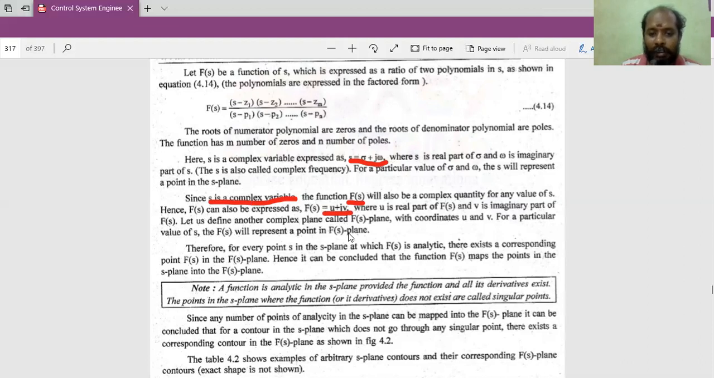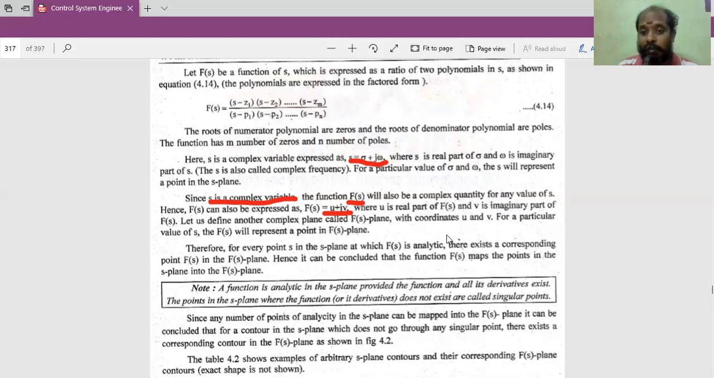To verify or analyze the system in a better way, sometimes it is mandatory to map the functions from one plane to the other plane, or one domain to the other domain. If you want to change domains, you go for transforms. Here it is being mapped from one plane to the other plane. Let us say from S plane to F of S plane. Normally it will be from S plane to G of S H of S plane, because we already know